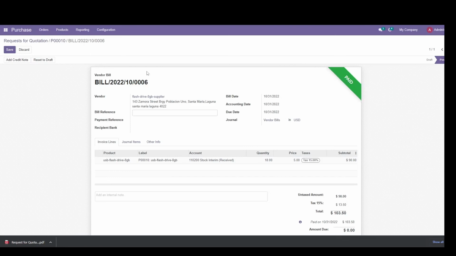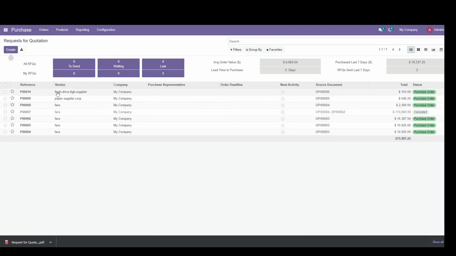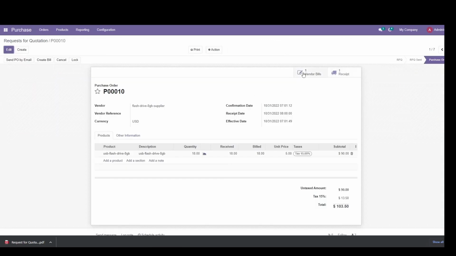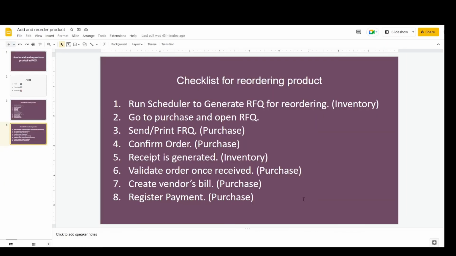So paid. Okay, so you can see all the PO here. Purchase. This one is done. So you have the receipts and the bill. All right. Register payments. Okay, that's it